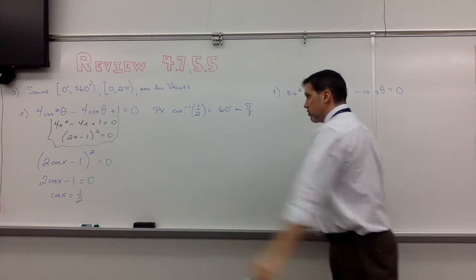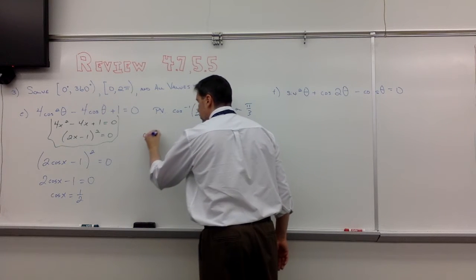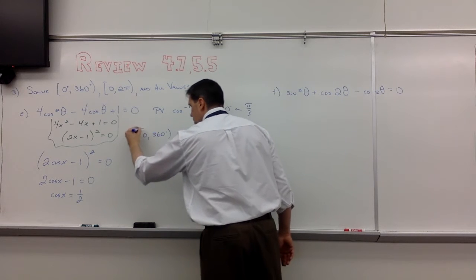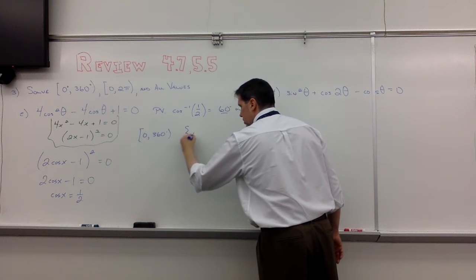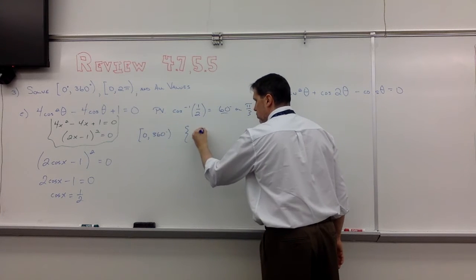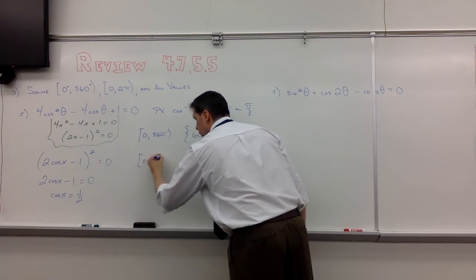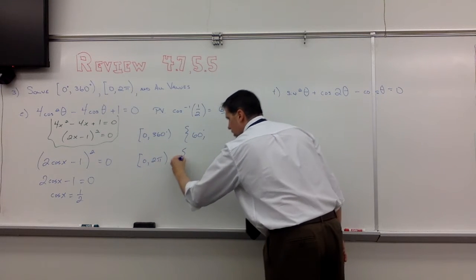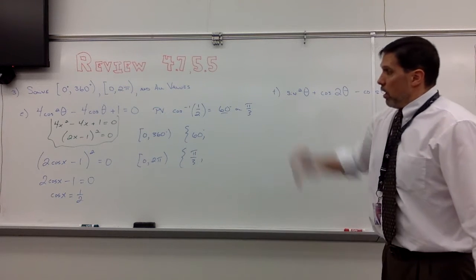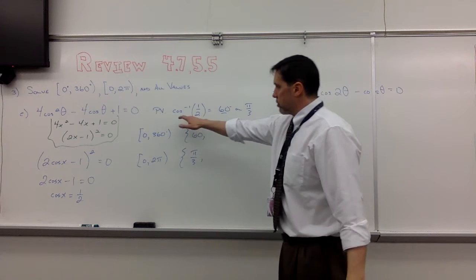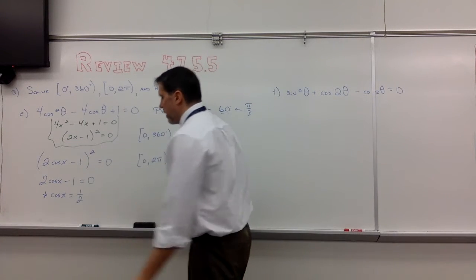We'll write it when we write our solutions. So we go from 0 to 360. We would say, is 60 a solution? And of course the answer is yes. So 60 is one solution in degrees. We go 0 to 2 pi. We would say 60 is pi thirds. Now, next question is, where else is cosine